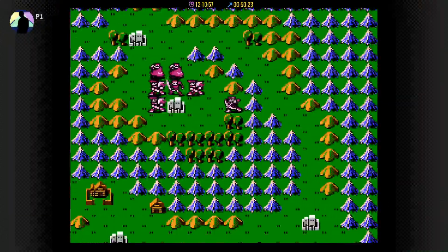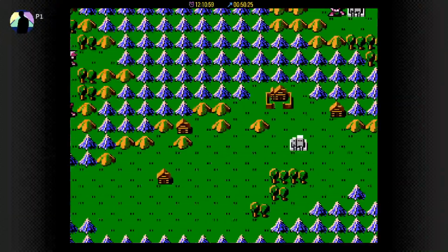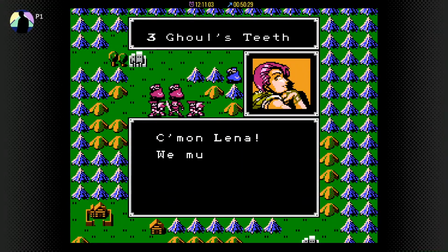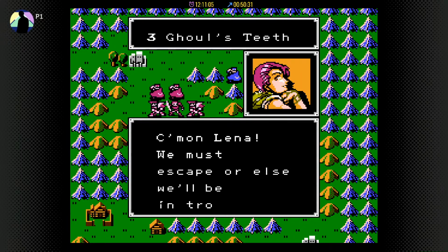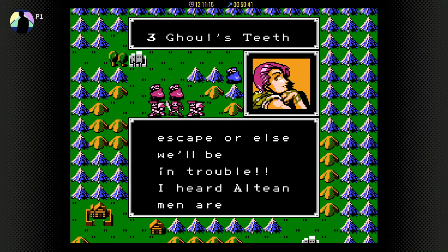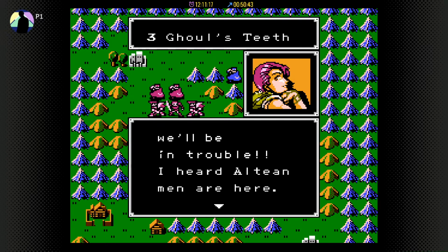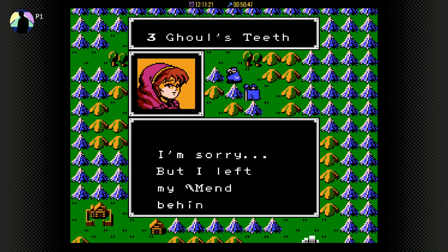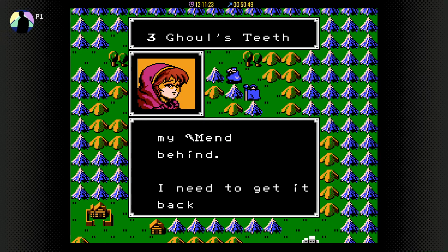I'm going to leave you with that information right there, but I want to show you how it just quickly transitions into the next stage. This is level 3, Ghoul's Teeth. There are 25 levels of the game, so you're getting a lot of playtime out of this. So we've got the scenario set up here. These are our people talking right now. I'm not sure why they're red, but...